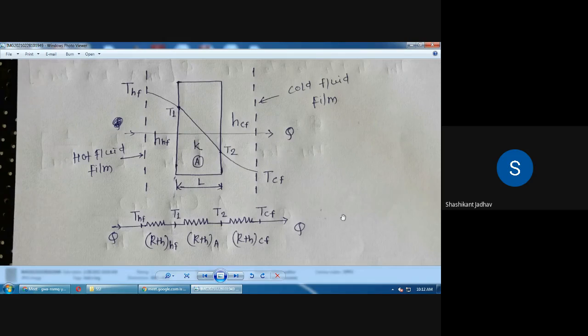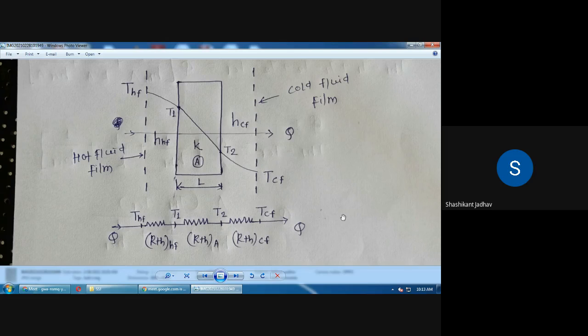Okay. Similarly, we have to write down the equation for the rate of heat transfer through the right hand cold fluid. Can anyone tell me what is the equation for the right hand fluid, that is cold fluid? In the cold fluid, if fluid is there, then convection is there. We have to remember this. If solid is there, then there is conduction. If liquid is there, then there is convection. So at the right hand side, fluid is there, so heat transfer because of the convection takes place.